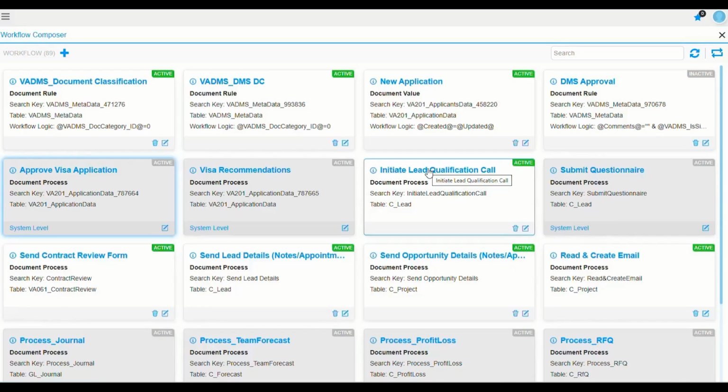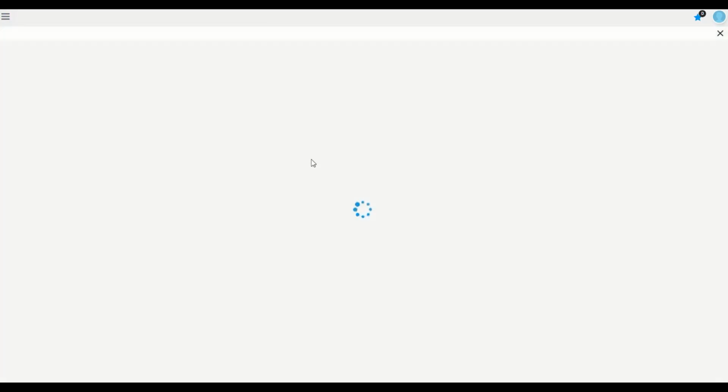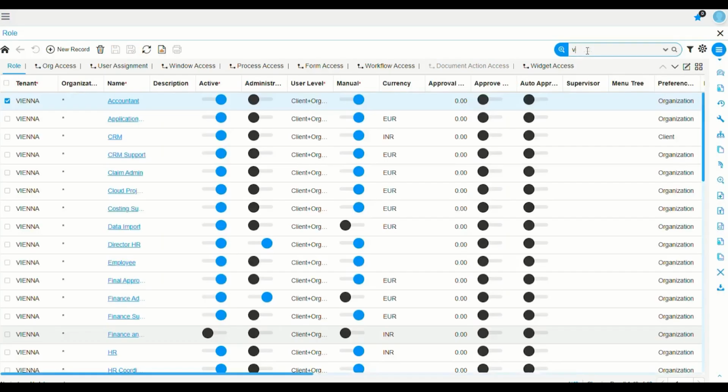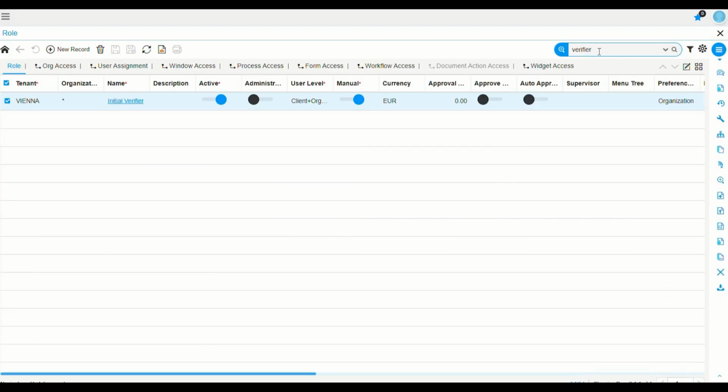In this section, we are going to set up a 3-level approval process for the visa application. To manage this, we will need 3 distinct roles, with each being responsible for a specific level of approval. Let us begin by creating the roles. Open the Roles window. I have already created a few roles in the system: Initial Verifier,